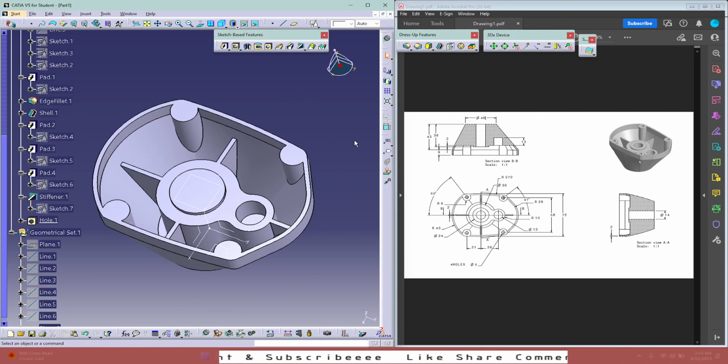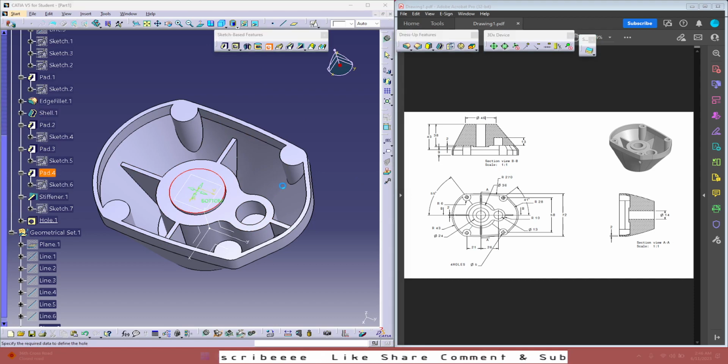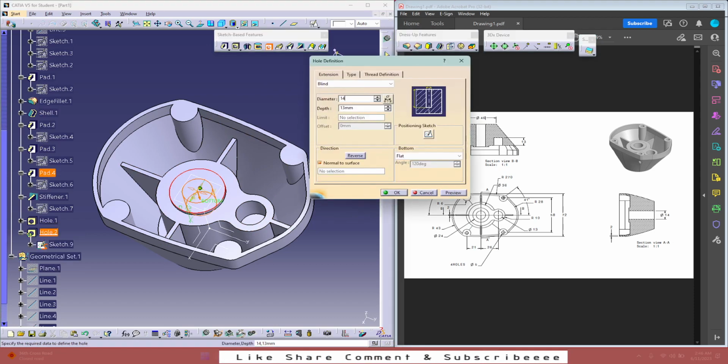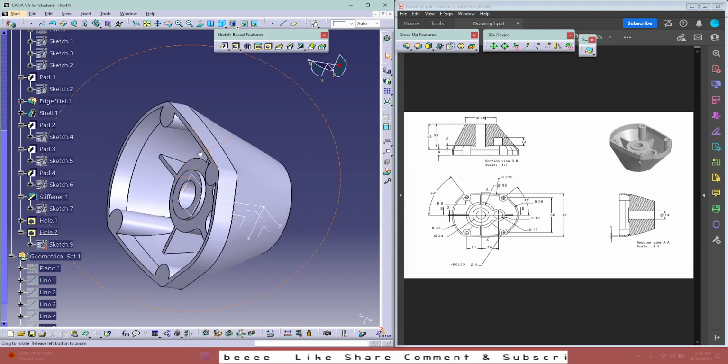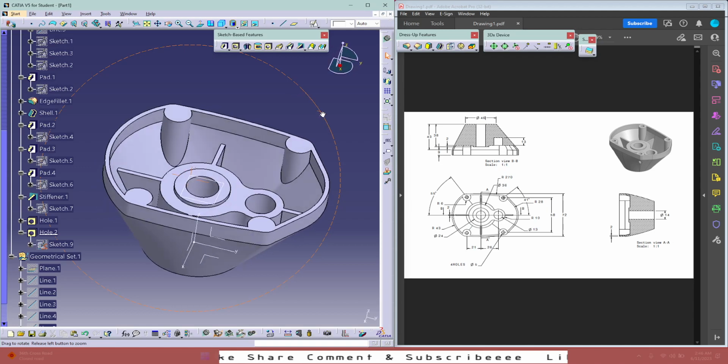Now it looks fine. Center one is almost how much? 14. Okay, go to hole, select this edge, this face, 14 to last. Okay, like this,